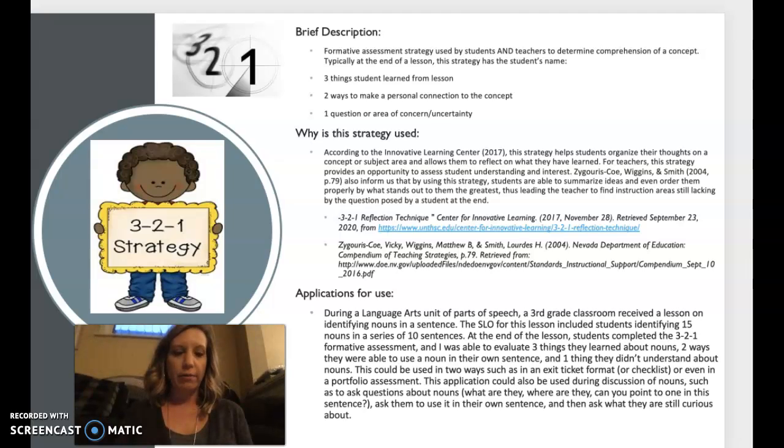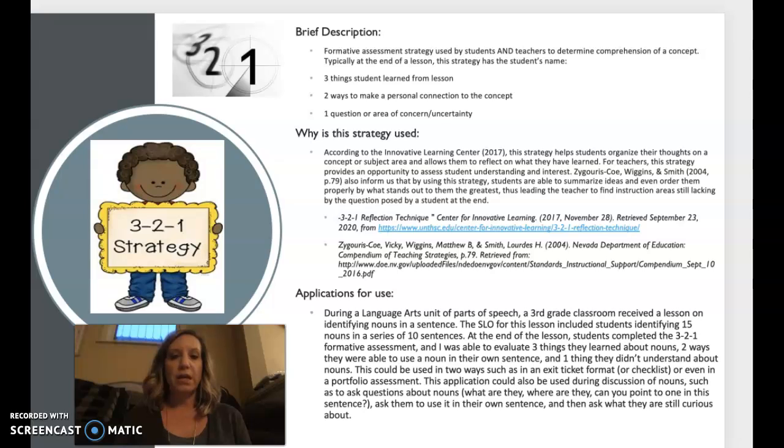The strategy that I was assigned this week is the 3-2-1 strategy. This is a formative assessment which consists of a teacher asking a student or students three things that they learned from a lesson, two ways to make a personal connection to the concept, and